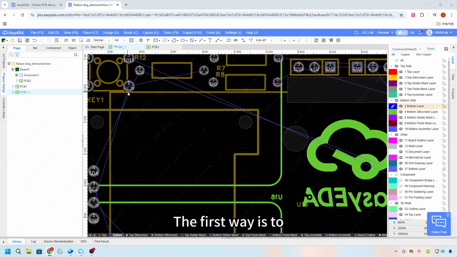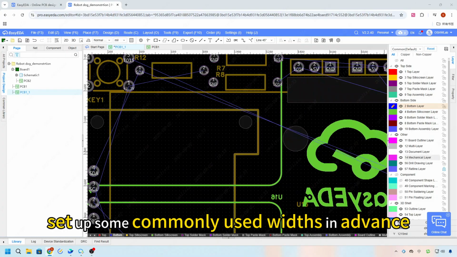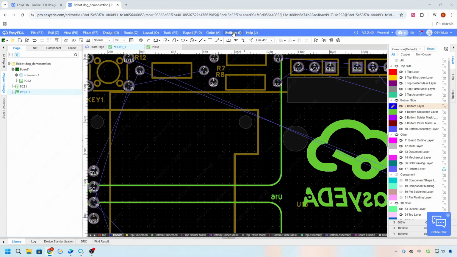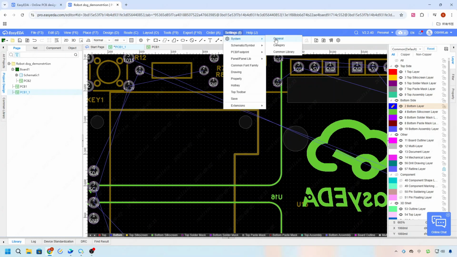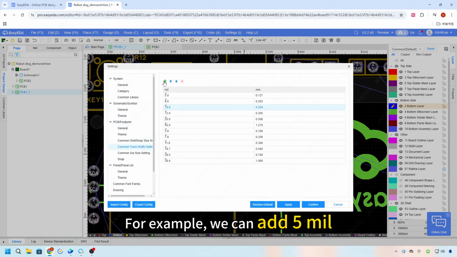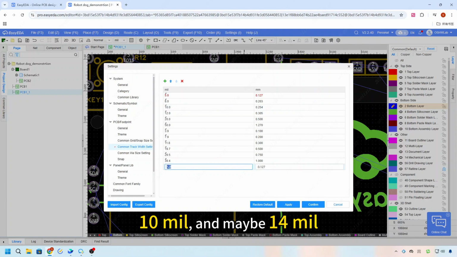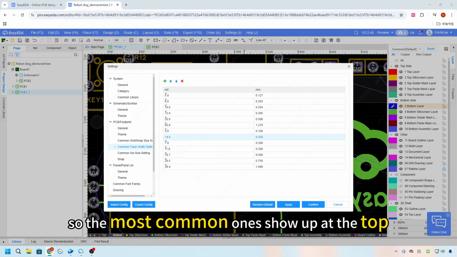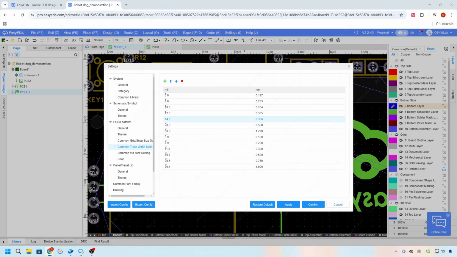The first way is to set up some commonly used widths in advance. For example, we can add 5 mil, 10 mil, and maybe 14 mil. You can also adjust the order so the most common ones show up at the top. Once that's done,